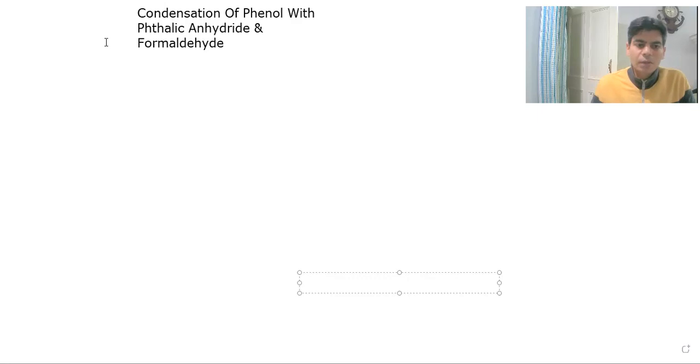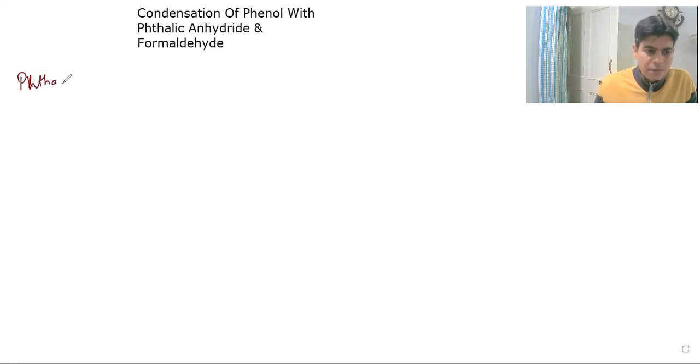And in the second case, when phenol reacts with excess of formaldehyde in presence of an acid or a base catalyst, it forms linear and cross-linked polymers, right? We'll see that in detail, and we'll see the mechanism also for the second reaction, that is the reaction with formaldehyde. So first, let's look at the phthalein reaction. We call it the phthalein reaction, right? In the phthalein reaction,